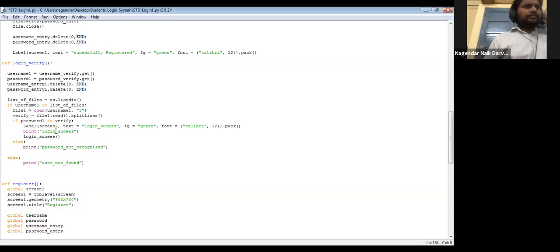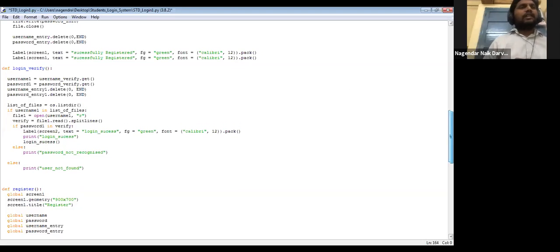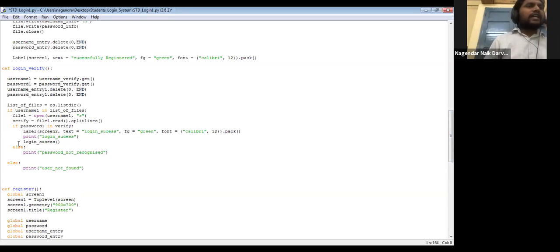And next is that, once login is successful, just showing you that login success doesn't mean anything, right? It needs to take you somewhere once login is successful. So from here onwards, the things which will start now. When login is successful, it is taking us to the login success function. Once you have successfully logged in, what does it need to do now?